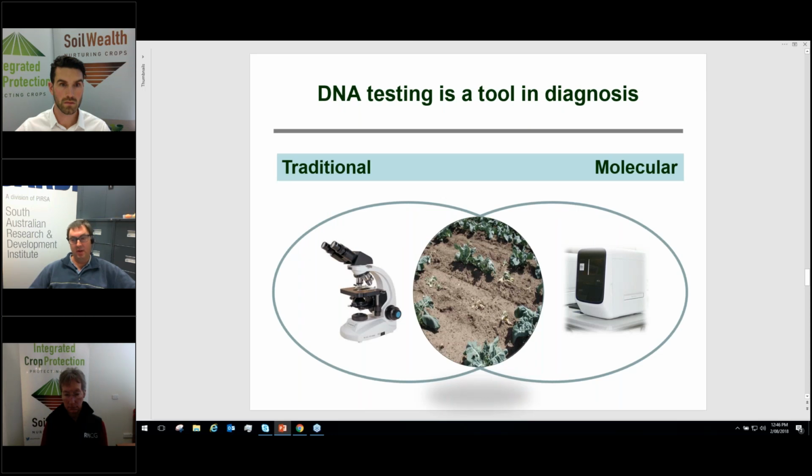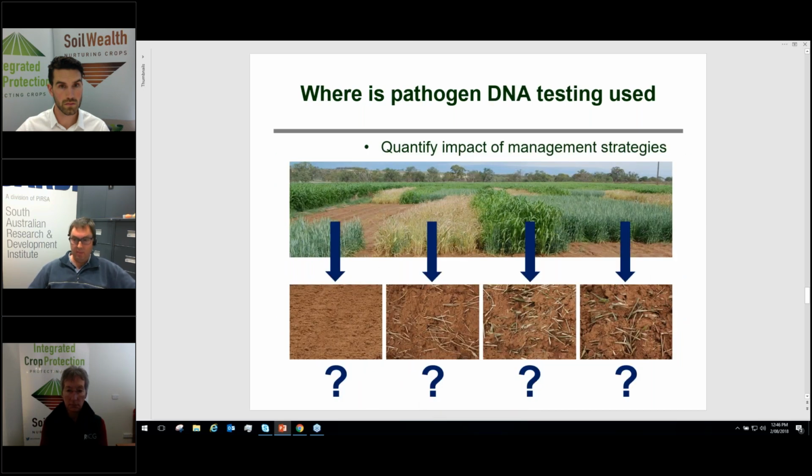And that's why at the end of the day, for diagnosis, molecular is not the be-all and end-all, right? But it is a very powerful tool. On the other hand, with traditional methods, whilst you can get there, if you use molecular, once you get to a certain point, it is very helpful in coming to a final diagnosis on things. Now, I'll leave that part of it just to show that it is very useful in determining symptoms